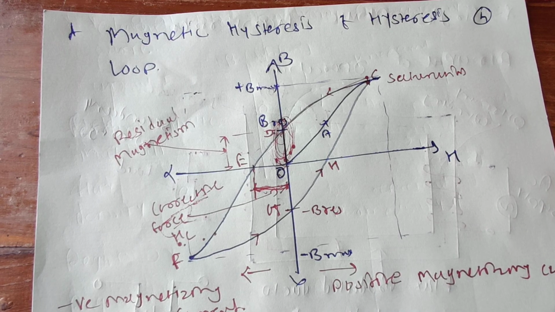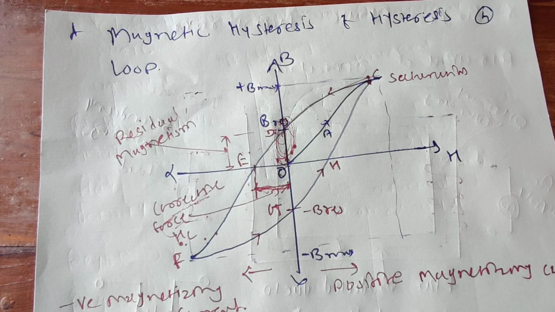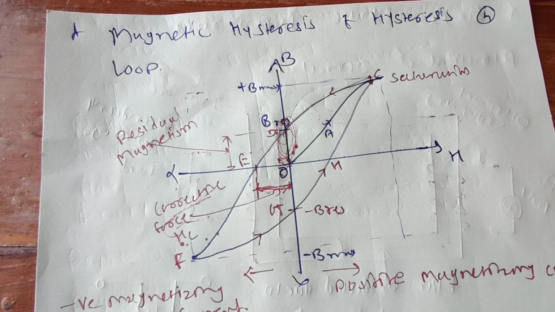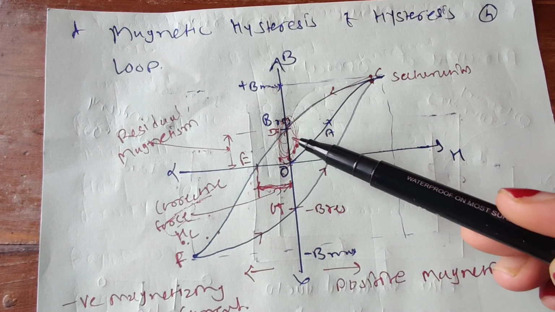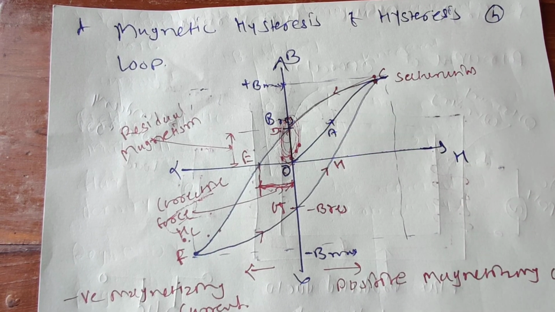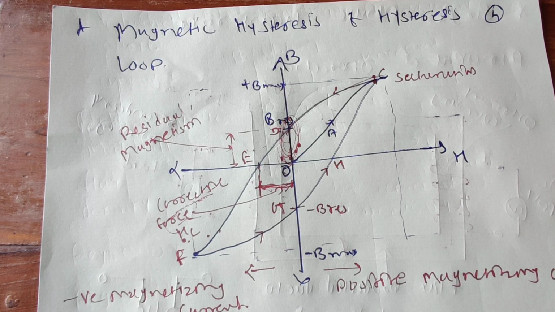Now the hysteresis loss. Due to the presence of magnetic hysteresis, a fraction of the applied power is lost in the form of heat because of the residual magnetism. The portion of power loss corresponding to the difference between the energy stored and the energy returned by the magnetic material is called the hysteresis loss. The factors affecting the hysteresis loss are the frequency of magnetization, the area enclosed by the hysteresis loop, and the volume of the material. So this is all about hysteresis loss and the theory behind it.